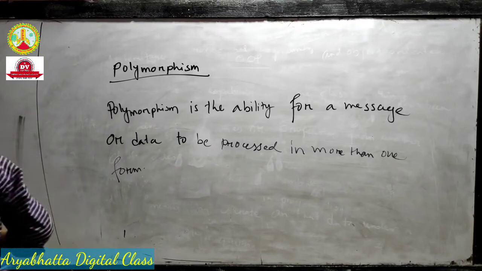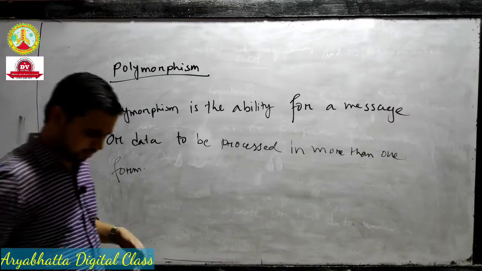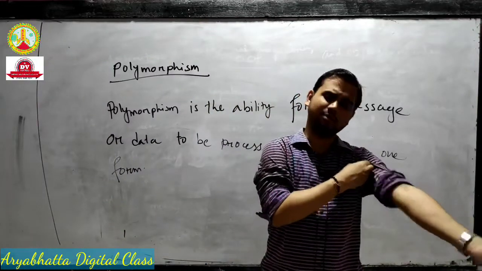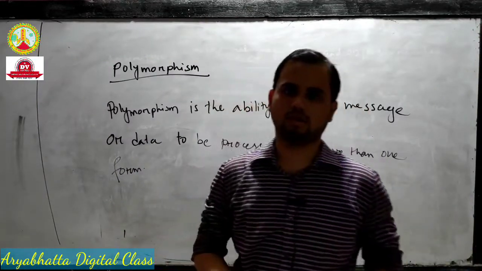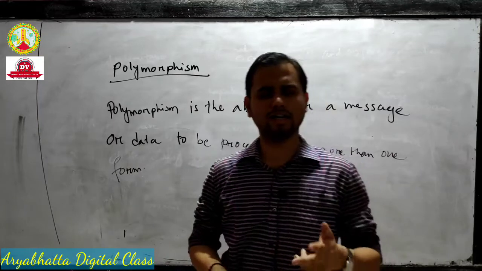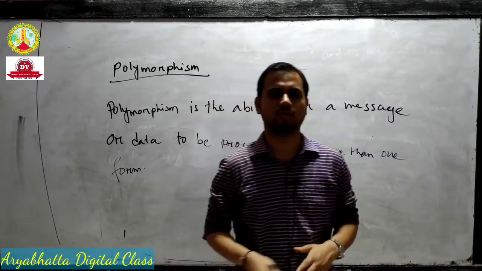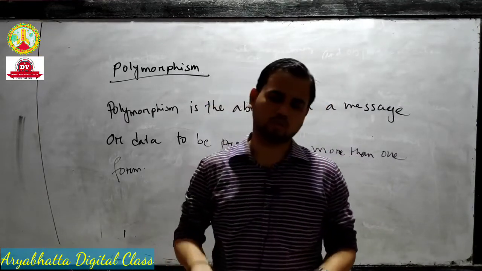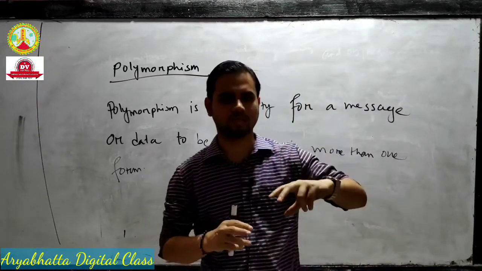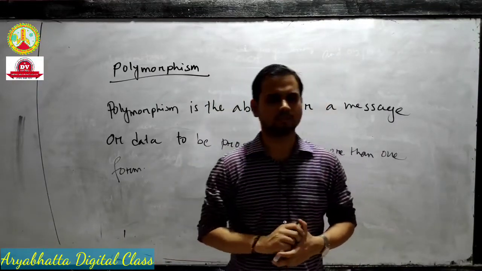Okay, means what's the basic concept? Polymorphism is actually dual nature of object. Dual nature means for one function, same name but dual character. In the real world, one name is for two persons. Suppose Rahul is a common name. For one student in HS first year the name is Rahul, HS second year is also Rahul. Name is same but two persons, like that. This is a simple example.